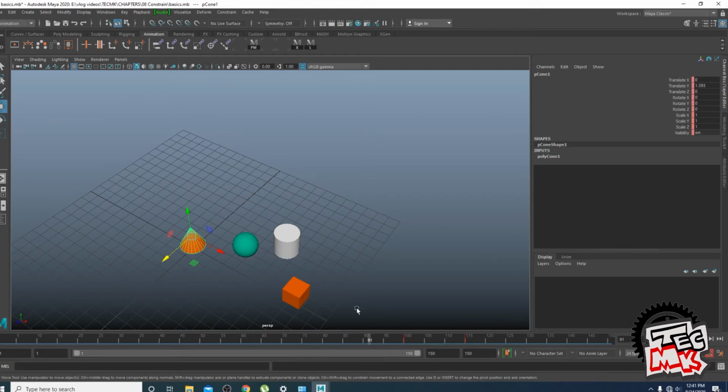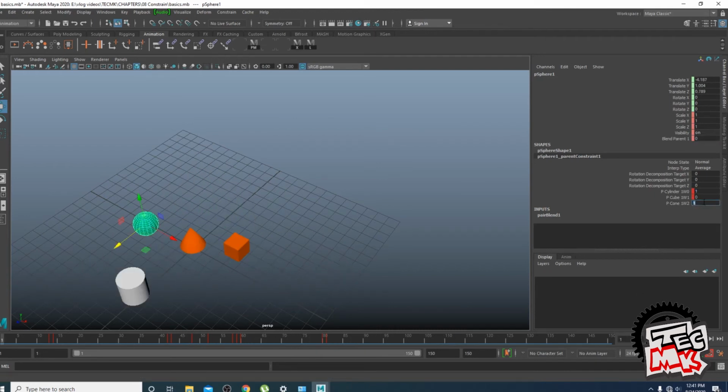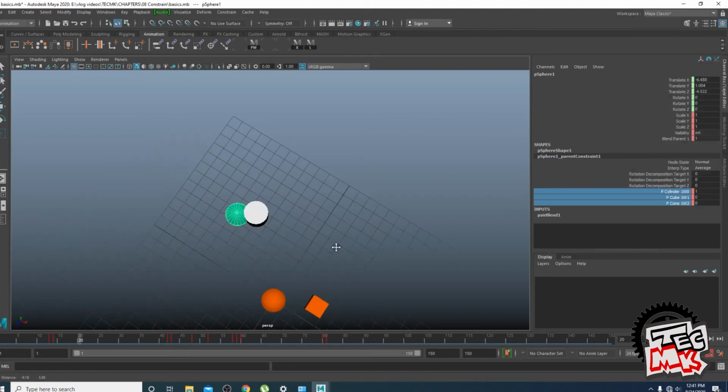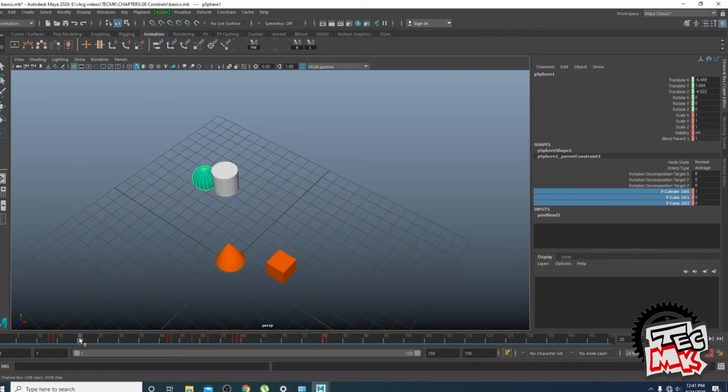The problem is here, you see here, cylinder, cube and cone. From the very beginning, the cone effect is 1. So at any given point of time, the cone also has some effect on it. So what we're going to do now is switch off the effect of the cone and key it. You see, the distance between the sphere and the cylinder was being separated a bit, but now they're attached again. Again it goes.